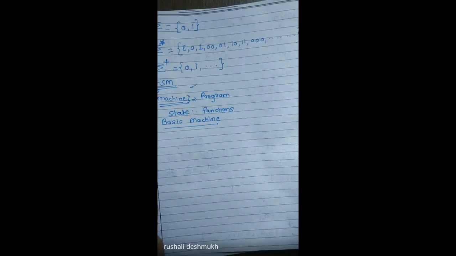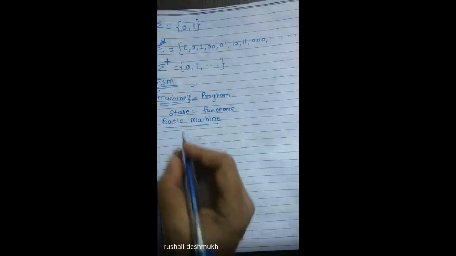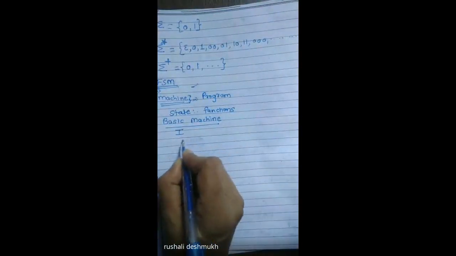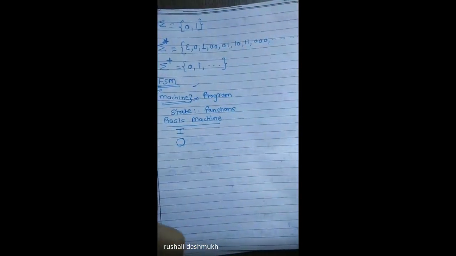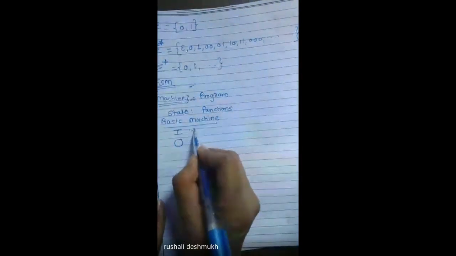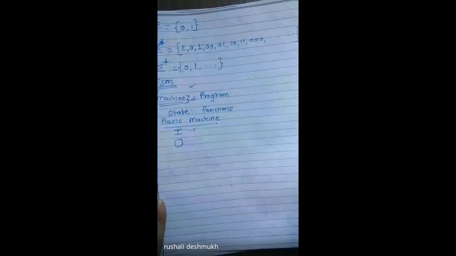Write down about the basic machine: a basic machine recognizes an input from an input set and produces an output from an output set. We are considering the input set as I and the output set as O. So I here is a set of,